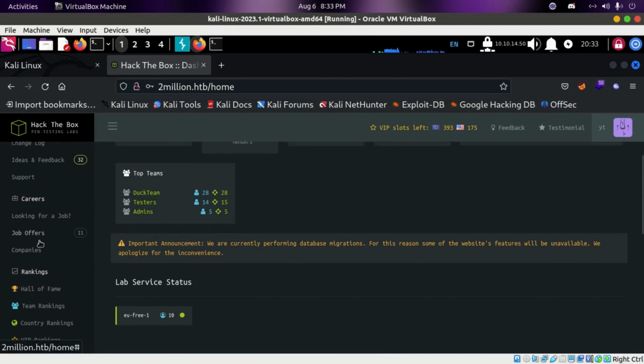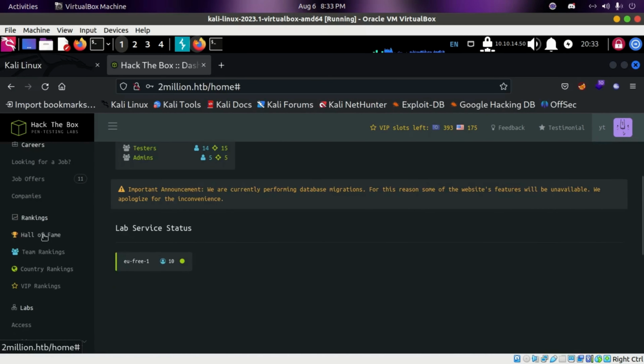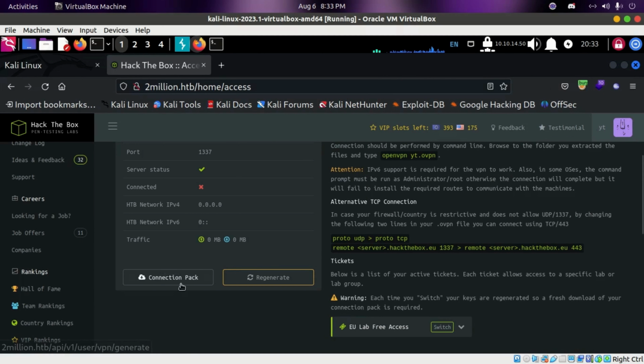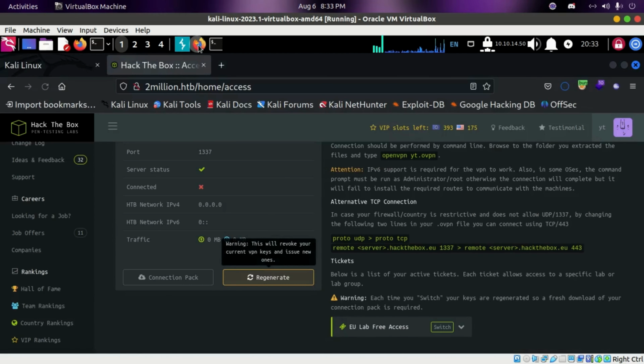Let me check that part real quick. And where is access? Okay, here it is. I will make sure my proxy intercept is on, and I will try to intercept this. Regenerate. I will send it to Repeater, forward,